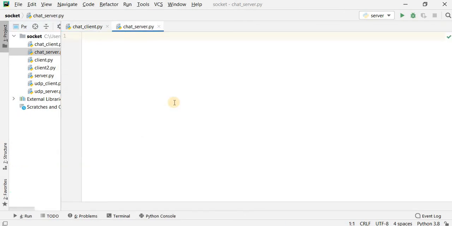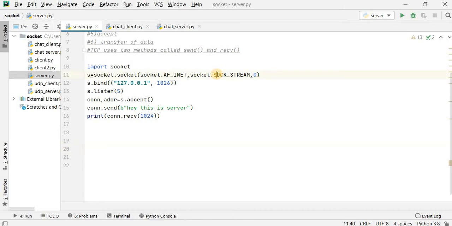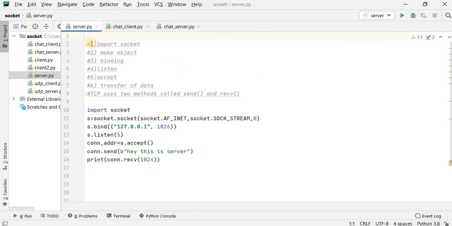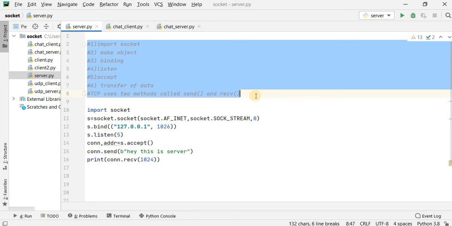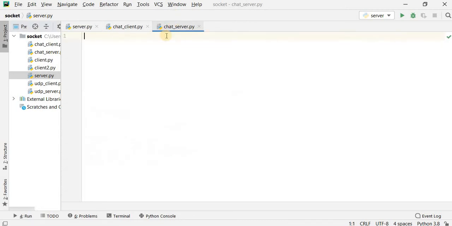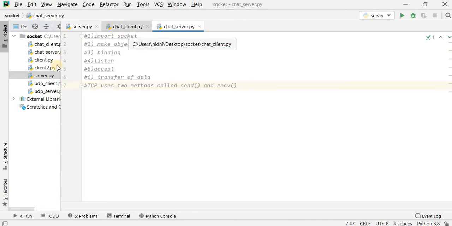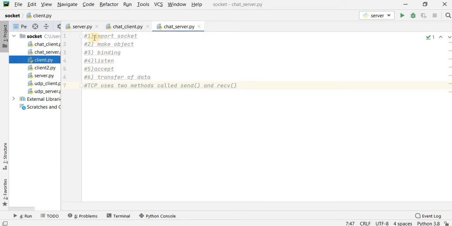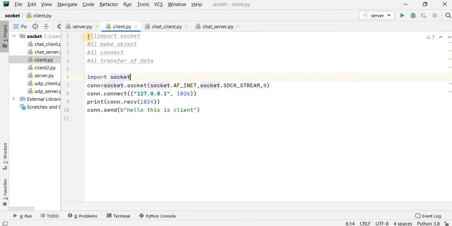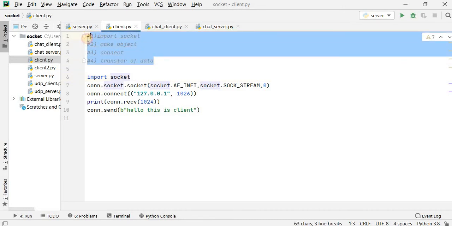So in this program we will learn how to make a chatting app between a client and the server, chatting functionality between a client and the server through socket programming. First you have to follow the steps, which will be the same as we did in this program. I will write these steps over there because you are new to this programming method, so you will be confused. And at the client side, it will be only 4 steps.